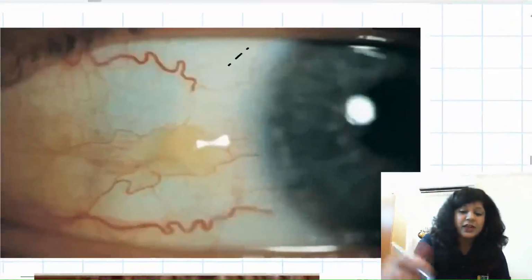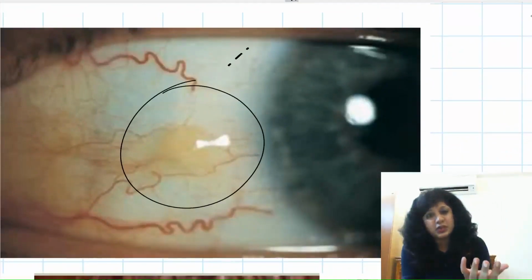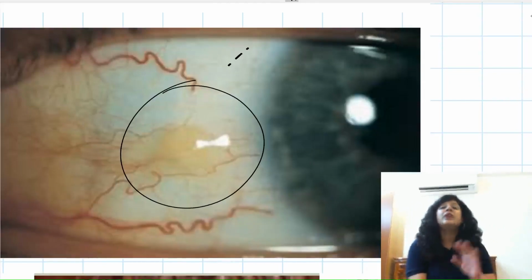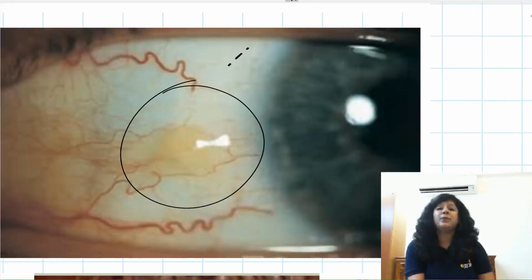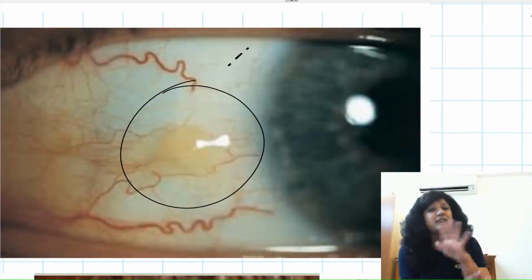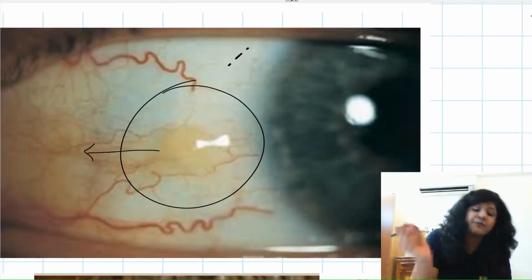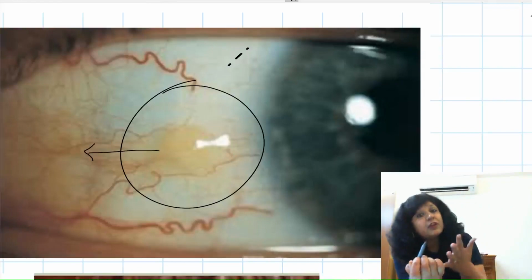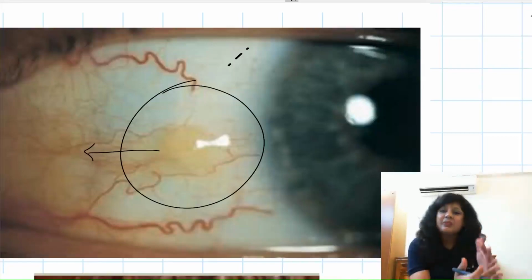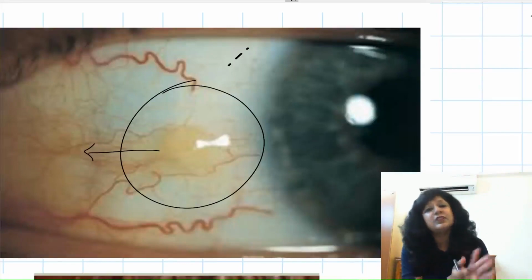So look at here. First, if I talk about the pinguecula, in the pinguecula we just have the discoloration. We do not have the growth. We have the discoloration, and this is due to the elastotic degeneration of the substantia propria. It is a stationary condition, and even if it grows, you will see that the apex is away from the cornea. So even if it grows, it will not grow over the cornea, and therefore it is considered to be a mild disease. At times it can act as a precursor of pterygium, but otherwise in itself it is not causing any problem.